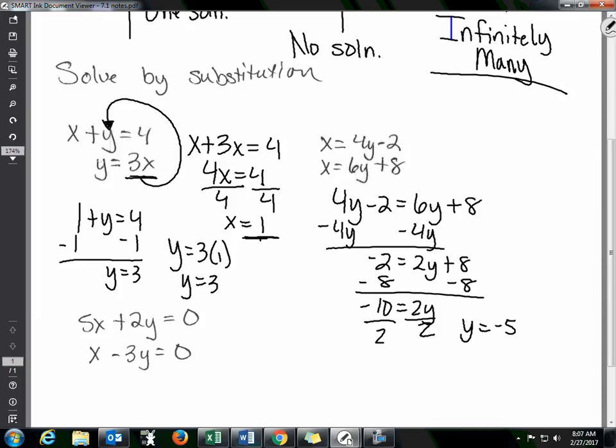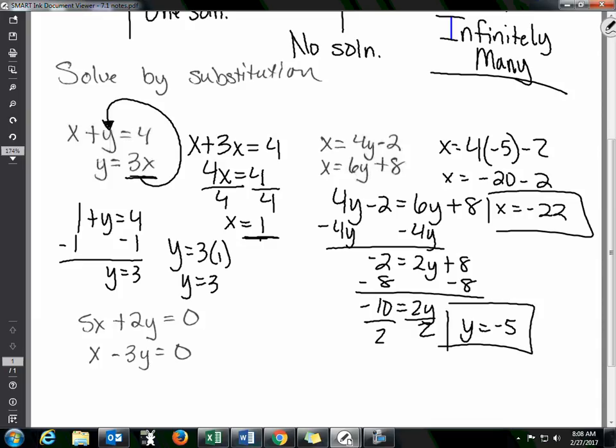There may be one that's a little bit easier, right? So you just pick, I'll just pick the top one, right? So 4 times negative 5 minus 2, so that's negative 20 minus 2, so x equals negative 22,